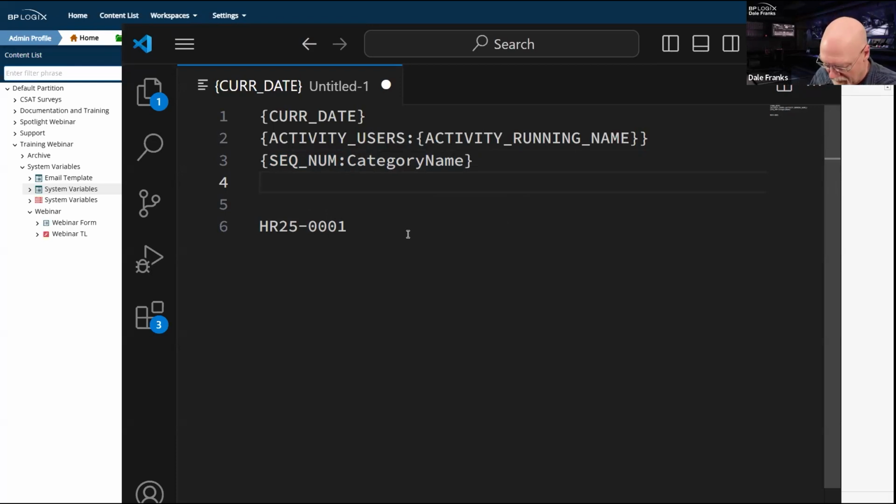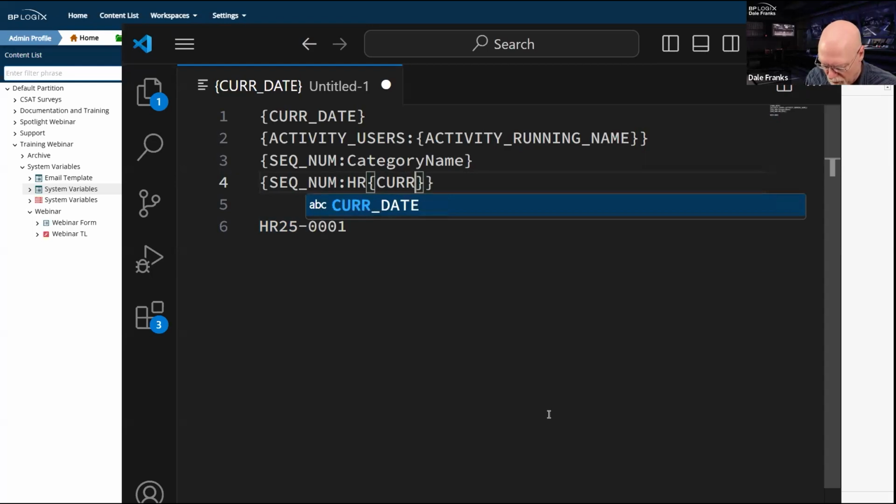So let's say that instead of this, I type in my sequence number, and for my category, and once again, let's say that this is an HR request. So what I might do is say, okay, well, I'm just going to call this HR as my category name. And then I am going to drop in another system variable, and I'm just going to go with cur year.